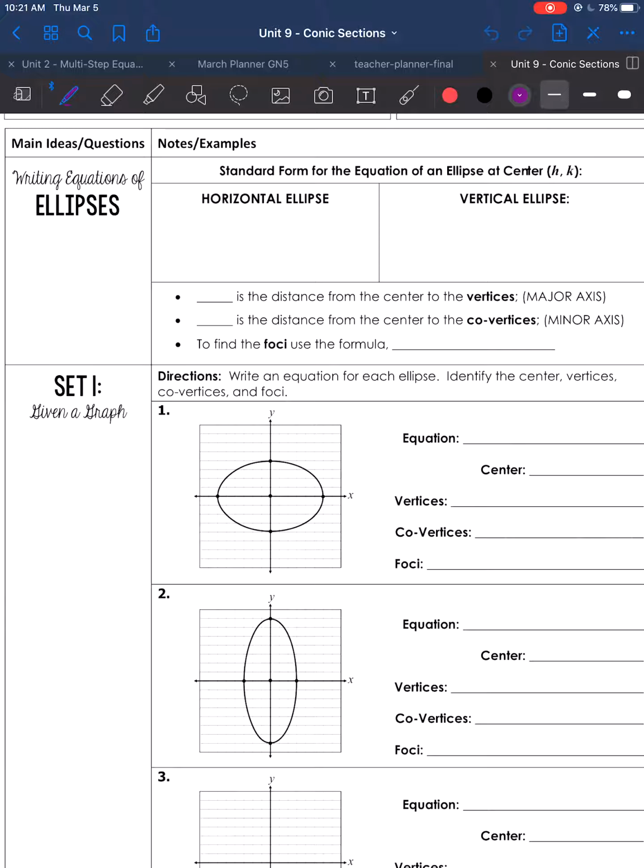In this video, we're going to talk about writing equations of ellipses. We have graphed ellipses, now we're going to talk about writing equations. So if you remember, the standard form for the equation of an ellipse with the center (h, k) is